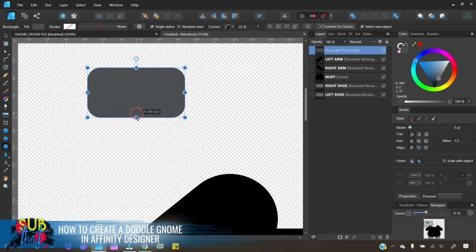Everything that you're doing doesn't have exact measurements. It is mostly eyeballing it and then correcting it based on what your eye perceives as being the appropriate size. For this rounded rectangle, we want to come up to this context toolbar, and we're going to uncheck that single radius option. Now you'll be able to adjust each of the corners. Our 2 on one end, you are going to bring all the way out to the corner, so they're nice, sharp 90-degree corners. And then on the other 2, I'm going to bring them all the way in so that they are nice, rounded,